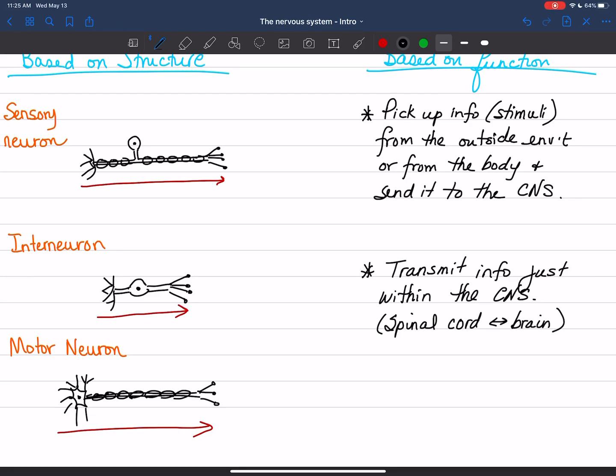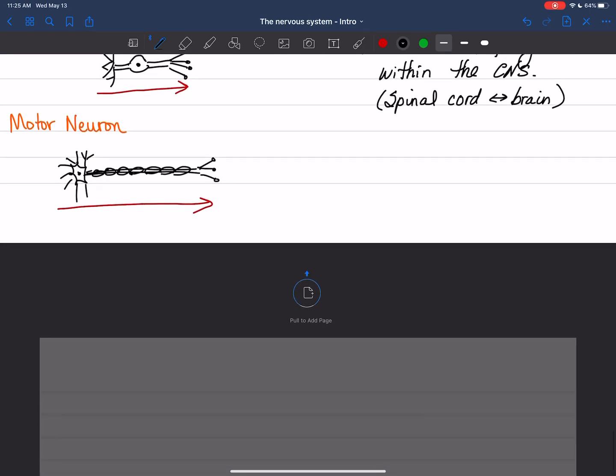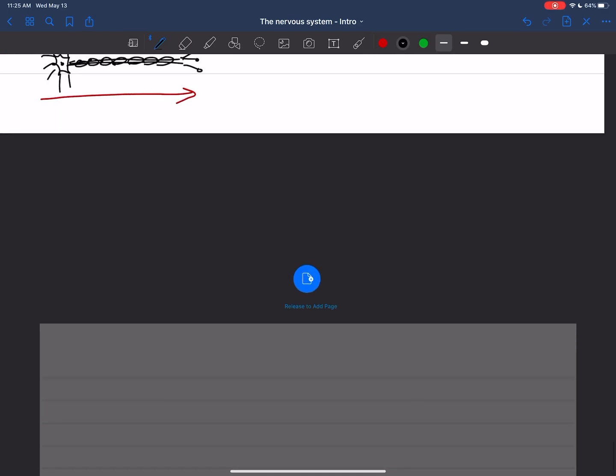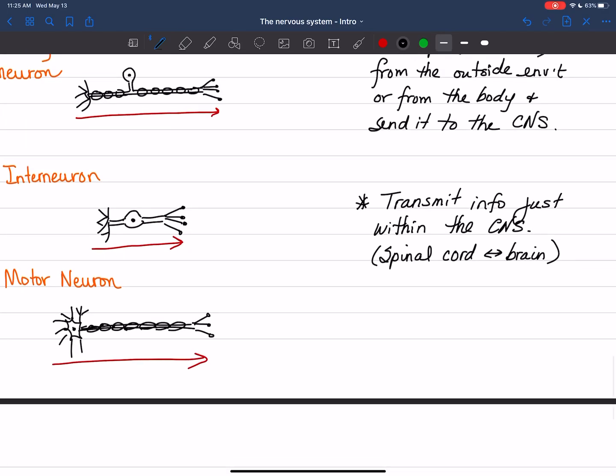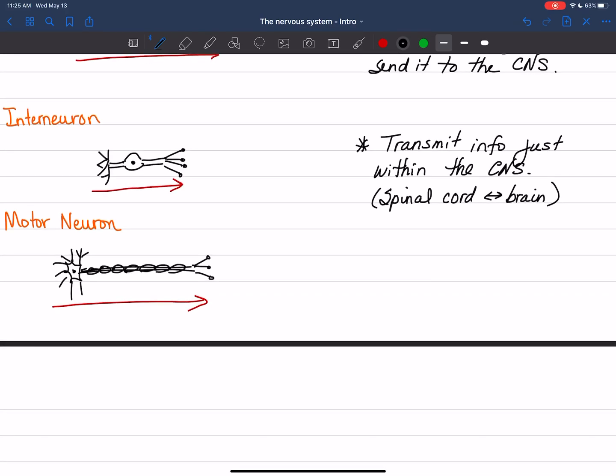Or you could just say communication within the brain. There are different parts of the brain that communicate with one another. The way the brain communicates with other parts of itself is through interneurons. And then a motor neuron. These are going to carry responses from the CNS